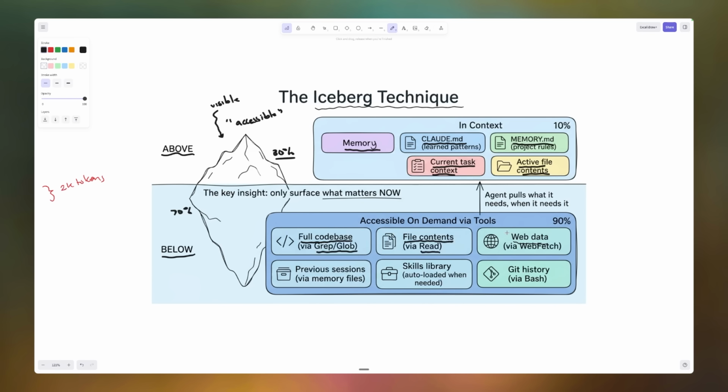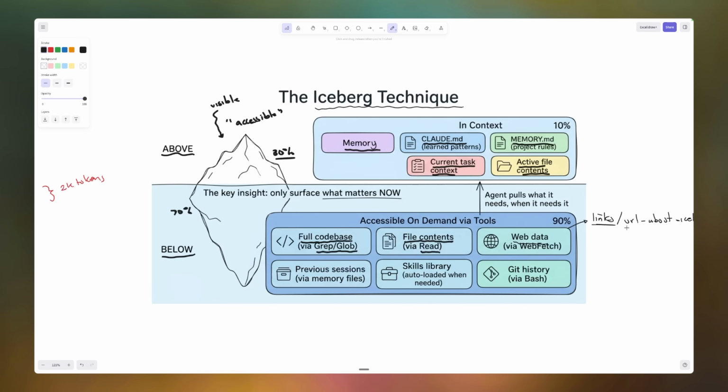But if it can't find that, it'll say, okay, cool. So we don't have this in our context window right now. And we don't even have access to it within our space, but it's probably somewhere on the internet. So I'm just going to Google iceberg technique. And then what it'll do is it won't even take the entire thing. It'll just grab top level links, and then it'll look at the URL, and the URL is about, guess what? Icebergs. I'm going off the map here, but hopefully you guys understand what I mean.